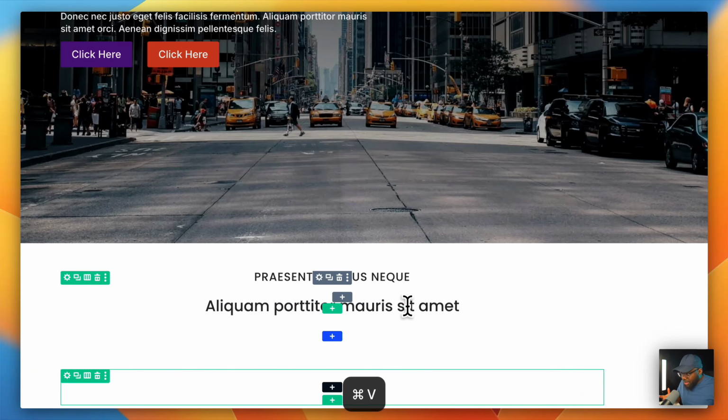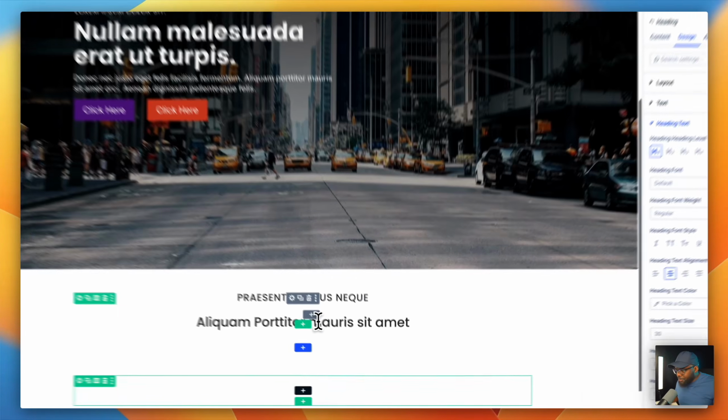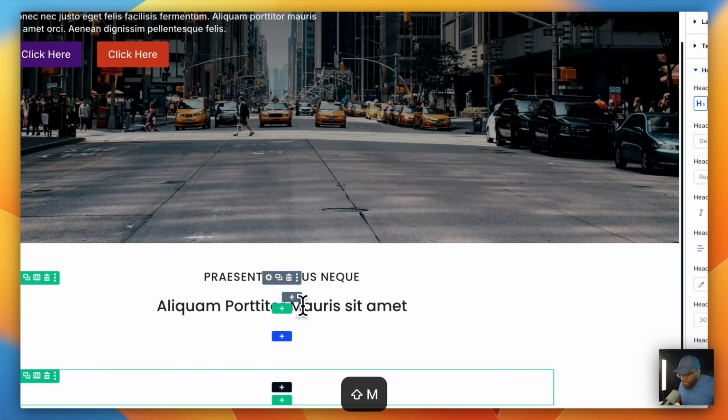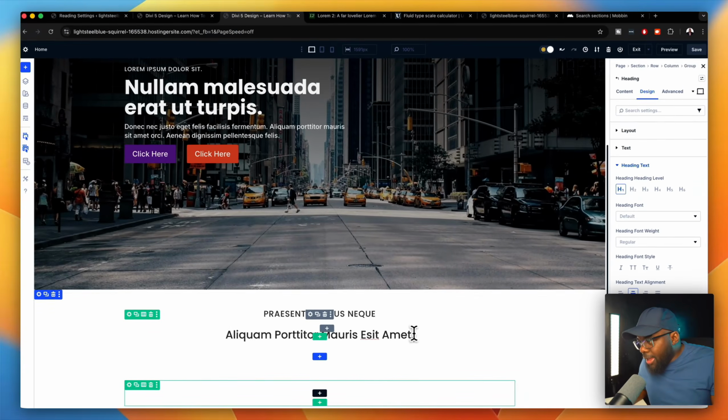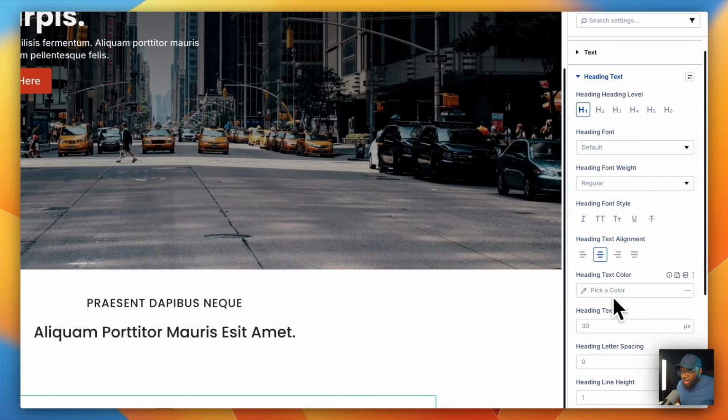So sometimes you may find that I just go in and place it in here. Sometimes I have to hunt for it. It just depends, you know, but we can do inline editing. So I'd like to make sure that my text here is capitalized like that. Okay. So the final thing I need to do is just to make sure that my heading 1 here is